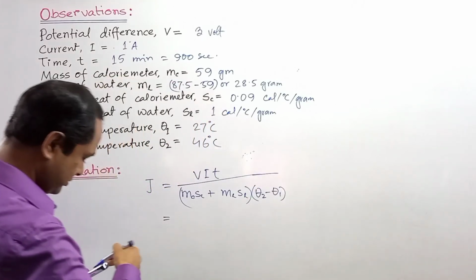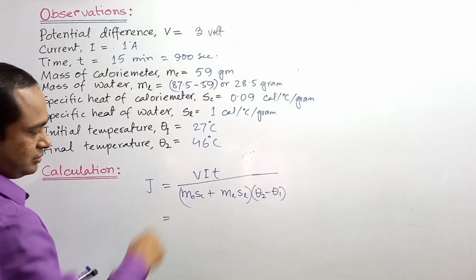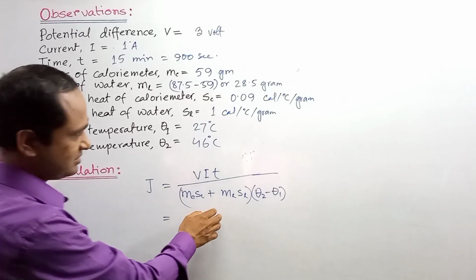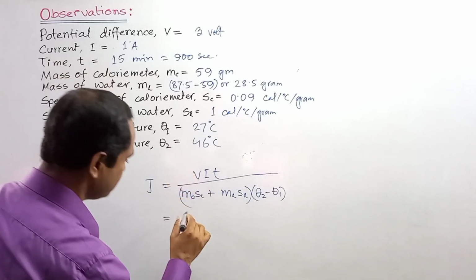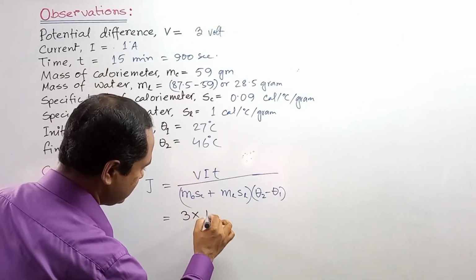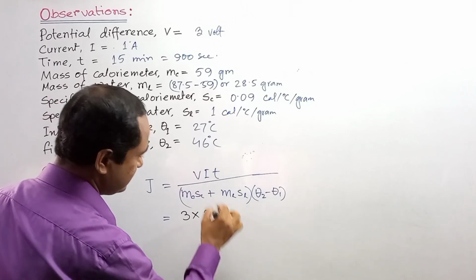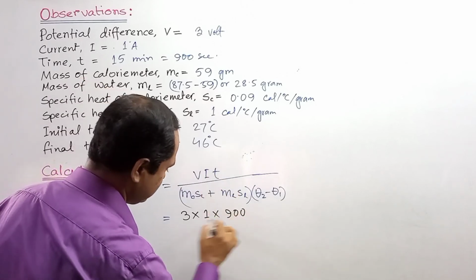Now we are going to use the values of these quantities from the observation table. So V is 3 volt, multiplied by current 1 ampere, time 900 second,